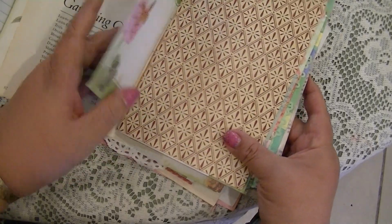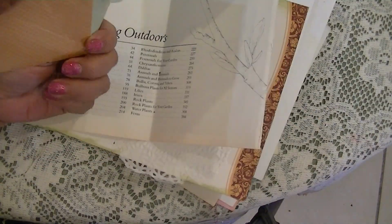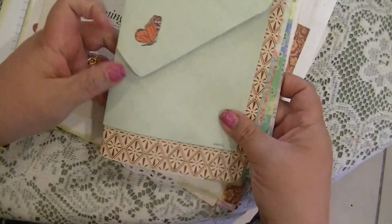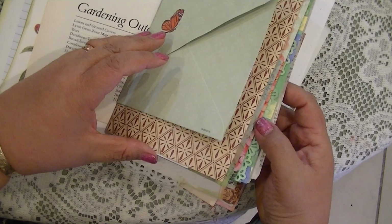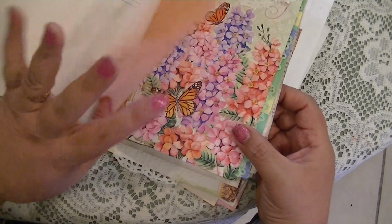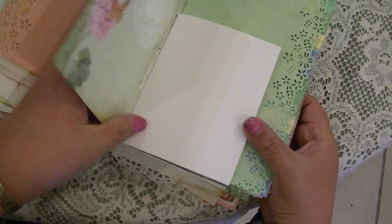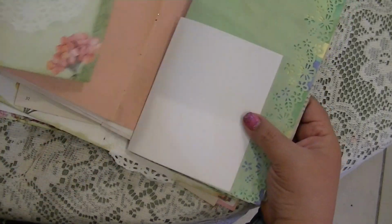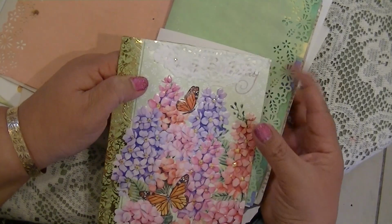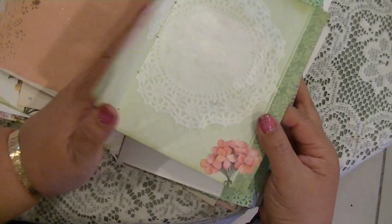And here is again envelope 4 and 5, same technique. They are pockets with journaling. There will be probably a closure on them. And then there is, I think this is card number 7. Card number 7. Again, you're seeing, but because you're putting the doilies in different places, it doesn't really matter that